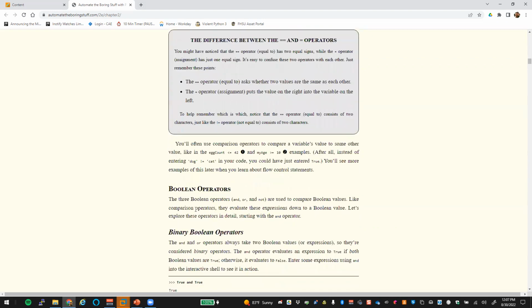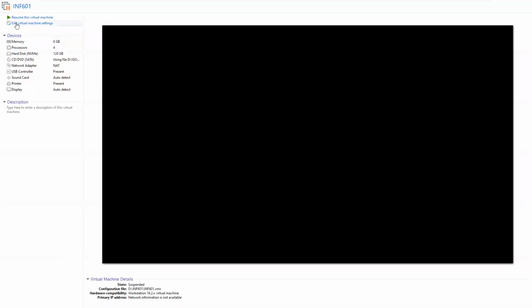Remember that a double equal sign is where we are checking to see if it's equal to. A single equal sign is an assignment operator. This is where people tend to get confused in the homework assignments. So for example, if I launch up the machine here,